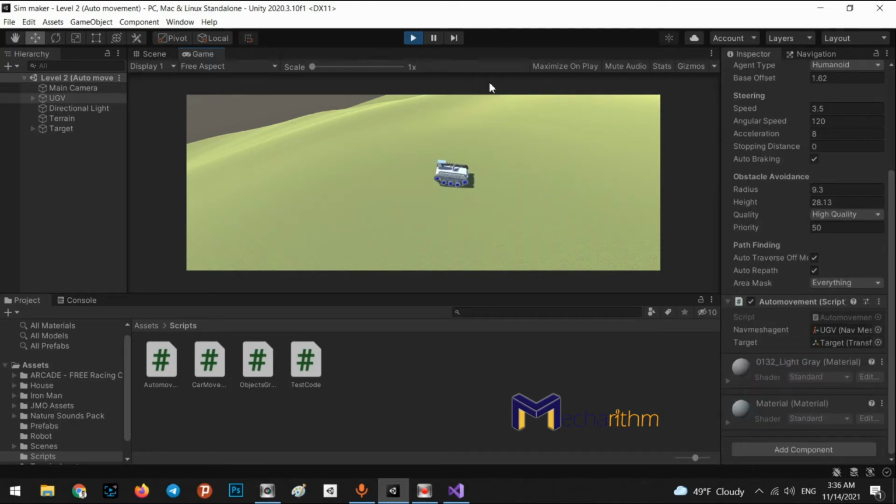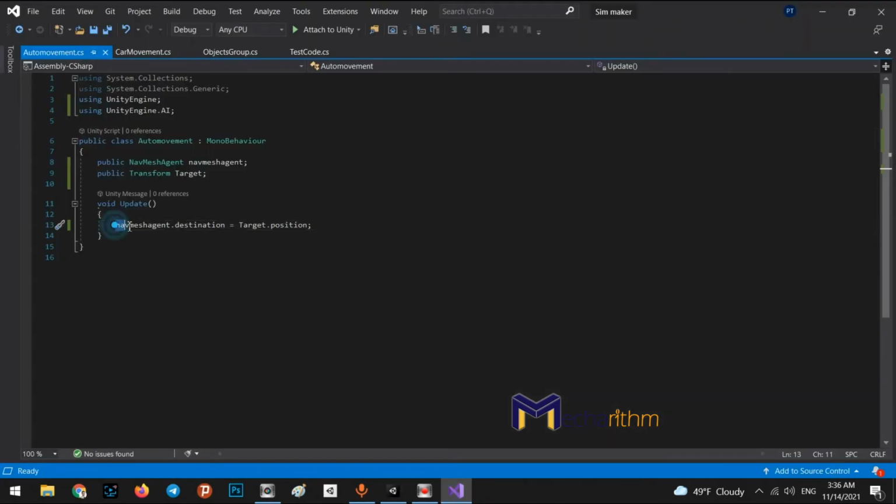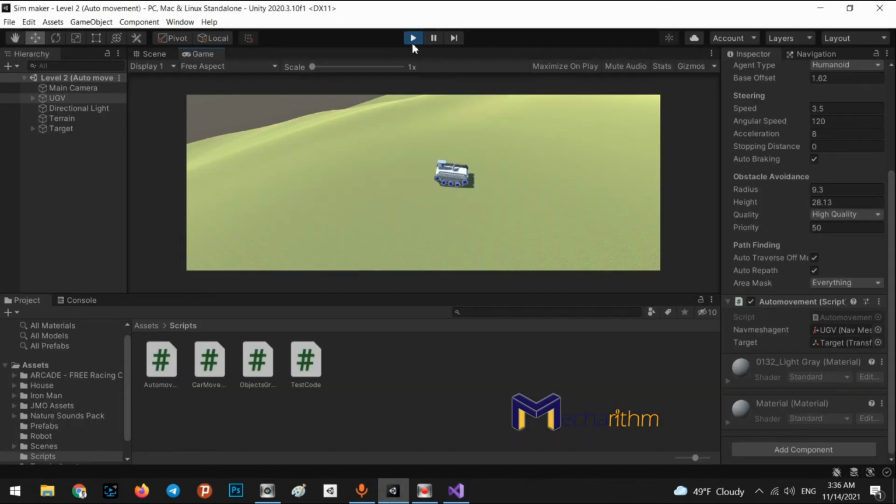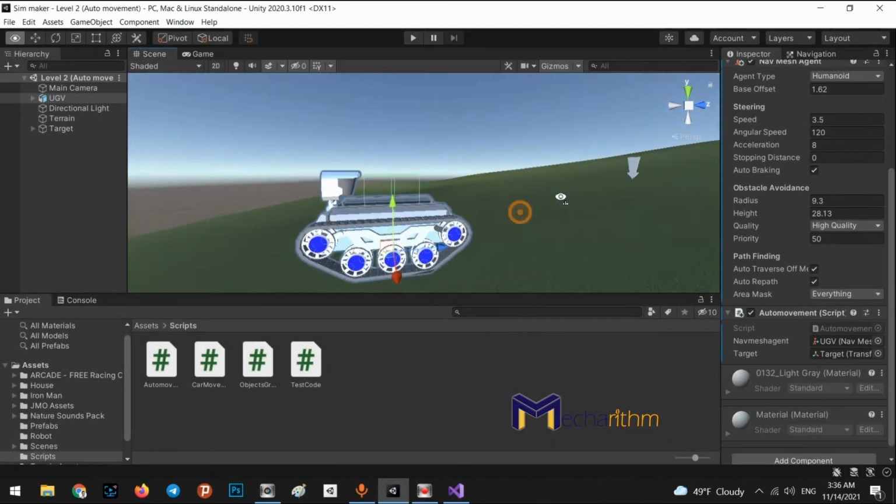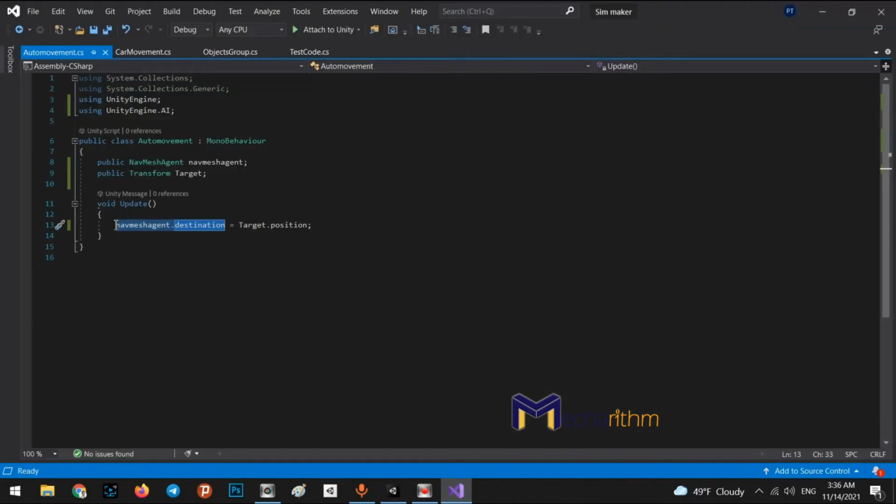Okay, we arrived at the destination, but our script is not optimized at all because the NavMesh agent destination function is always working, 20 or 30 times per frame. So we need to control that with a new situation. We say once we are at the destination, this function doesn't need to work. So we say